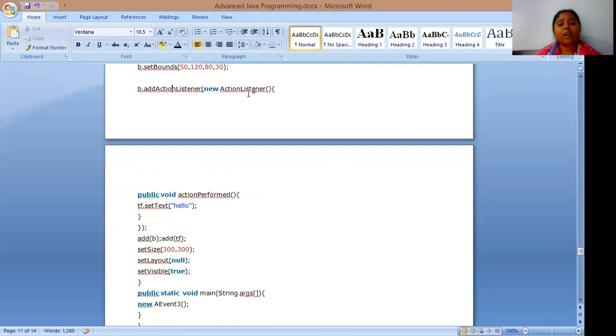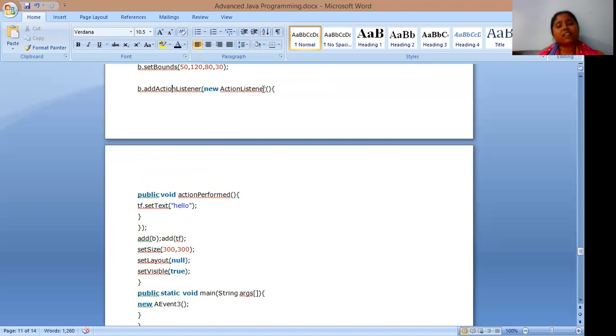देखिए यहाँ पे आपने ये एड एक्शन इसमें पास किया और साथ ही के साथ में इसकी बॉडी बनाई और इसकी बॉडी के अंदर आपने एक्शन परफॉर्म मेथड भी डिफाइन कर दिया. मींस एड एक्शन लिसनर मेथड बी ऑब्जेक्ट कॉल कर रहा है, और इसी के मेथड के अंदर ही आपने सब कुछ डिफाइन कर दिया, इसका एक्शन भी परफॉर्म करा के. कैसे कराया, न्यू एक्शन लिसनर मेथड,